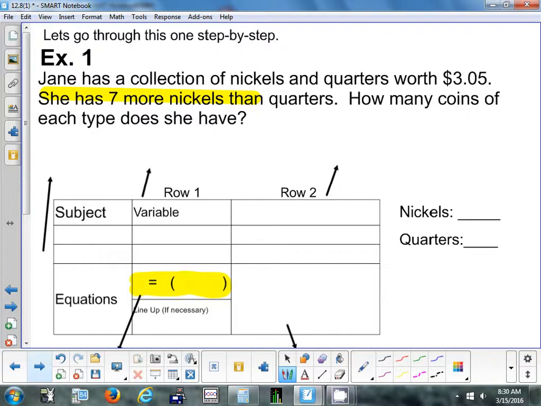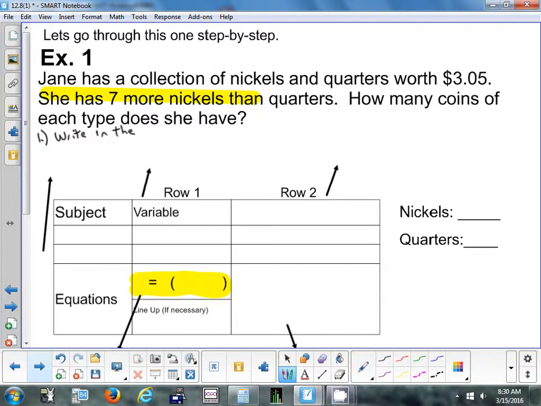Exactly. Victor? That's right. And I put that on my notes. The name does not matter. I don't care. We don't care about the name. I don't care about Jane. I don't care about Tom or Pete or whoever. Oh, right. Nickels and quarters? Exactly. Right. So step one, write